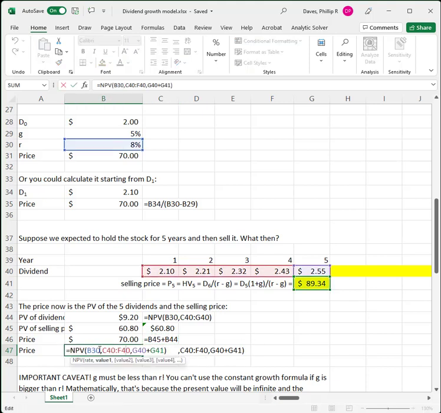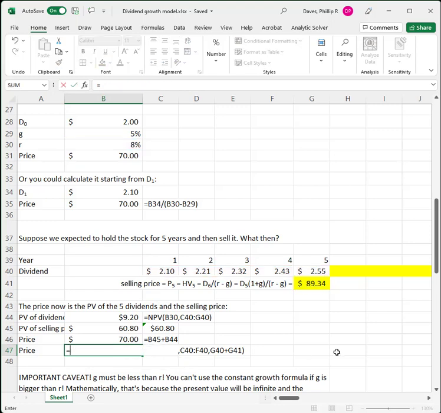The NPV function takes a string of numbers, in this case the 210, the 221, the 232, the 243, and then another final number as well, and finds the present value of each of those back to time 0 and adds them all up. Well, if we take, and I'm going to go ahead and show you how to do